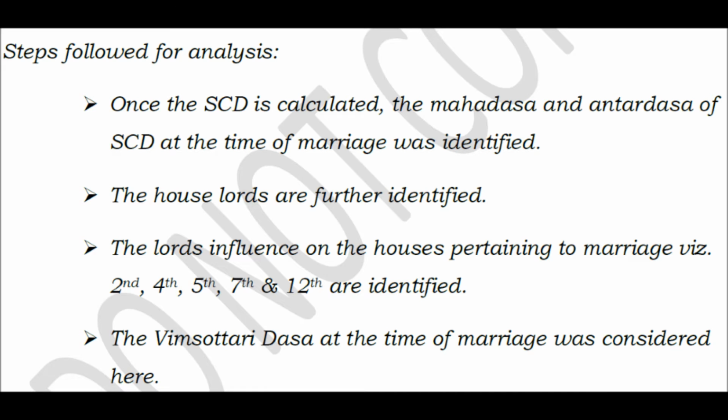Once you prepare the document, go to the Vimsottari Dasa and see, between the age of 22 and 36, which planet is having the Mahadasa. If that planet is the lord of the first, second, fourth, fifth, 7th or 12th houses, that means Vimsottari Dasa is cooperating. Then you can go to the Sudharshana Chakra Dasa and find out the possibility of getting married.